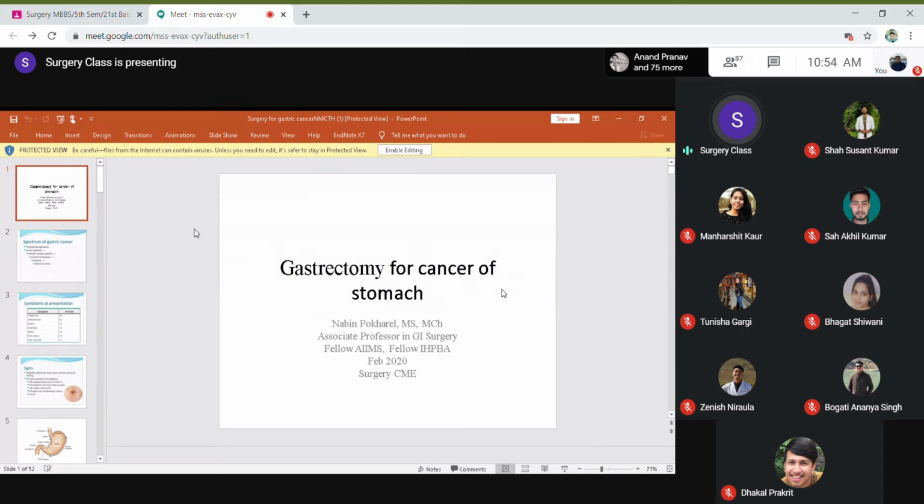So we'll classify the stomach cancer into early and advanced. We have already classified that. If it is an early cancer, then we discuss the endoscopic treatment of the cancer. Okay, so endoscopic treatment of the stomach cancer, and then